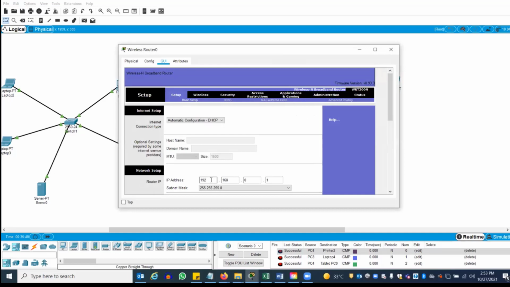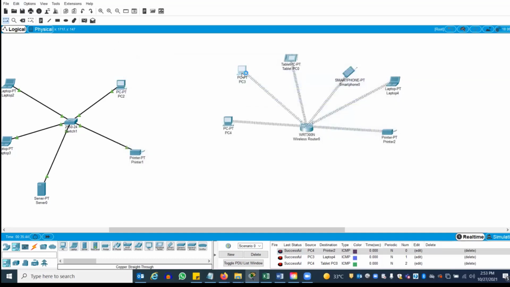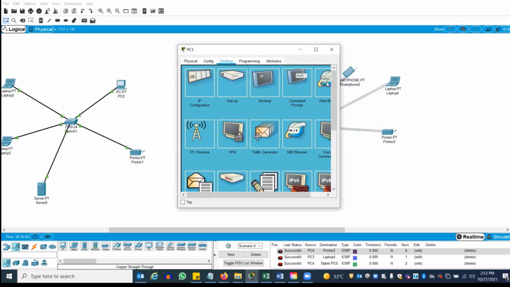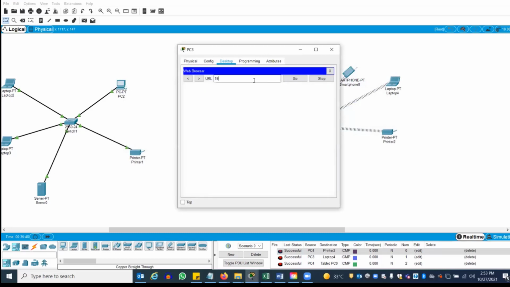All of you know 192.168.0.1 is the IP address, right? Go to the PC, go to the browser, 192.168.0.1. It's asking for the authentication. Username is admin. For the router, both username and password is admin, ADMIN.